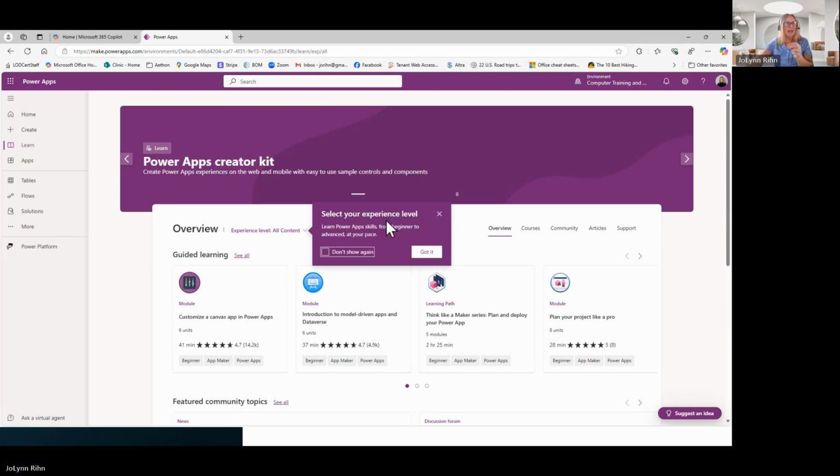I have the updated version of this, just so you're aware, there have been some changes to Power Apps. So if you don't have the updated version, yours might look a little different, but the examples I'll do work the same. Basically, they all work the same, but the windows and the user interface look a little different.